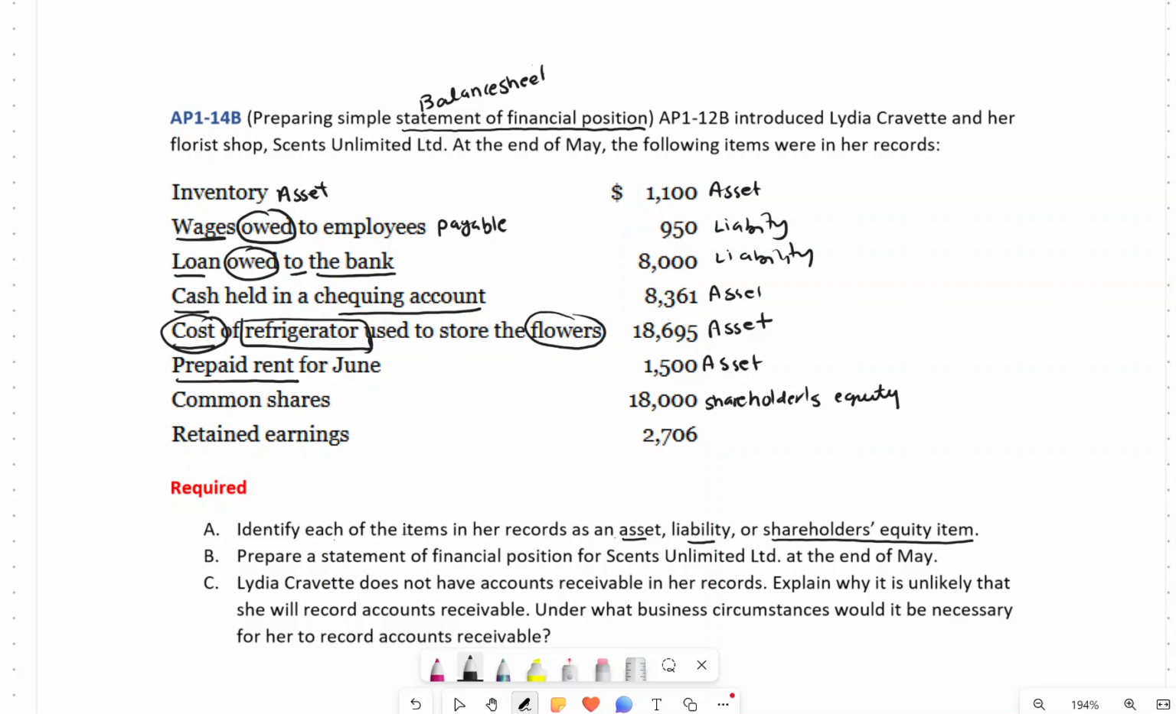Then we have retained earnings, which also goes under my shareholders' equity. So we answer part A. This is the answer to part A. Now they want you to prepare a statement of financial position for